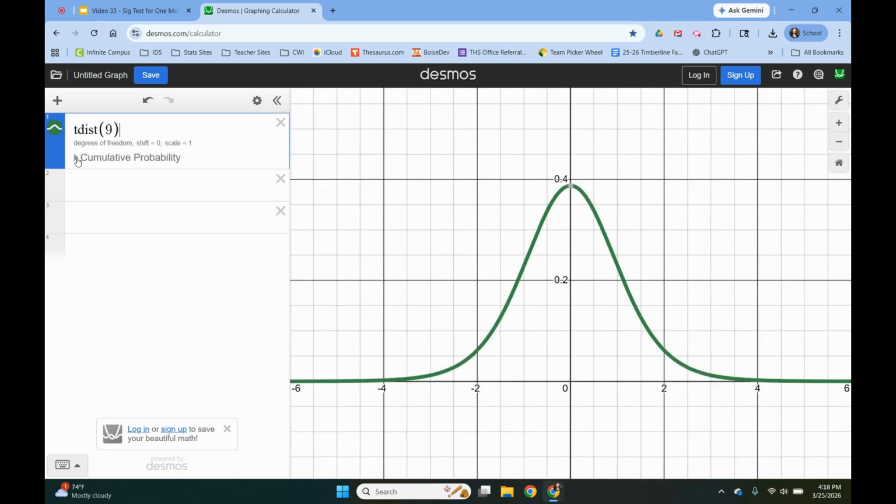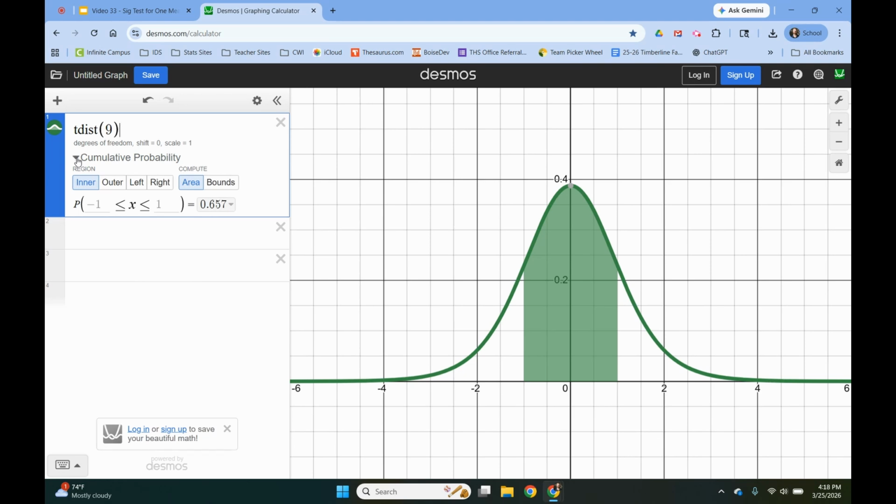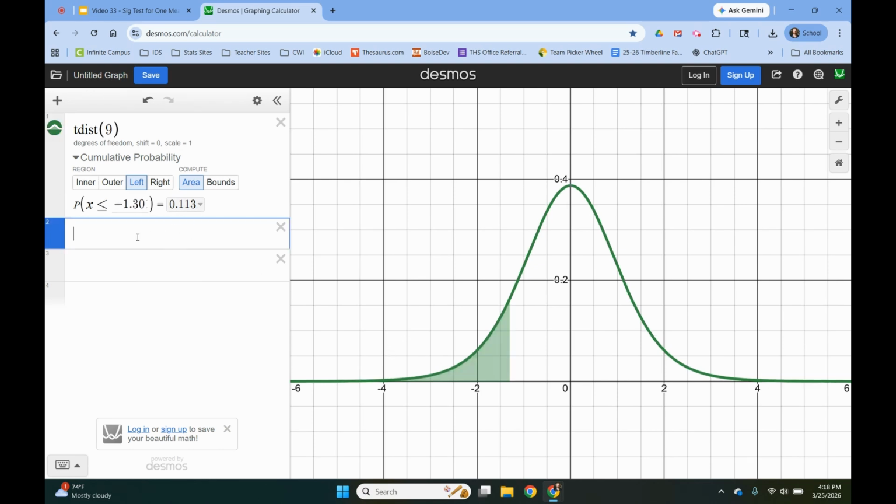Now note that we're doing a two-tailed test here, and our test statistic is negative. So we're going to start with a left area of negative 1.3018, and it gives us this left tail of 0.133. Since this is a two-tailed test, we're going to take that 0.133 and double it for the right tail, which gives us a p-value of